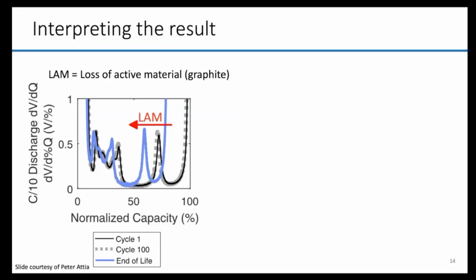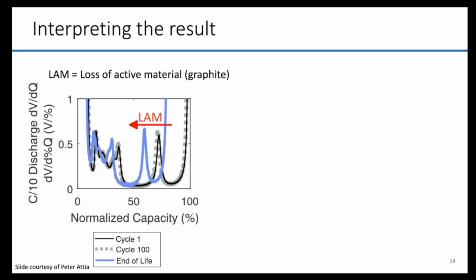So the specific analysis that was run is a differential capacity analysis, and I'm showing one of those results here on the left. In the literature for these LFP graphite cells, the differential capacity has been mapped to different degradation modes. So we can look at shifts in these curves and relate them to the likely source of degradation. In this case, the shifts indicate that the loss of active material in the negative electrode graphite was the primary degradation mode. And so this was a somewhat exciting result because we think that this degradation mode can be rationalized in terms of why voltage